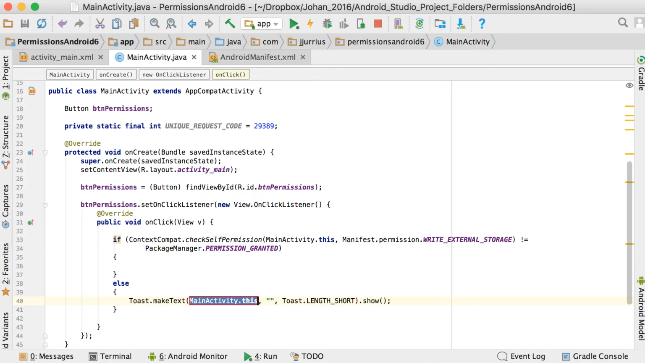So let's just show a toast here. If it's fine, we will say something like permission granted, and let's say thank you. So that's basically what's going to happen. The else there is if this permission to write to the external storage is granted, it will run the else. But if it's not granted, we need to ask the user to please grant this